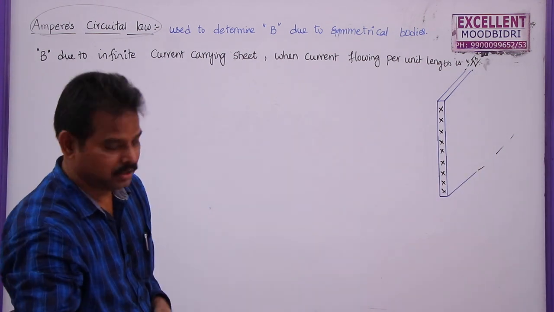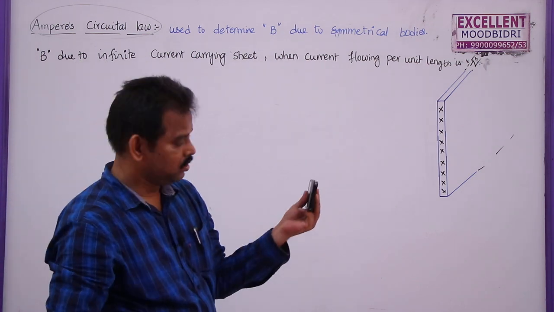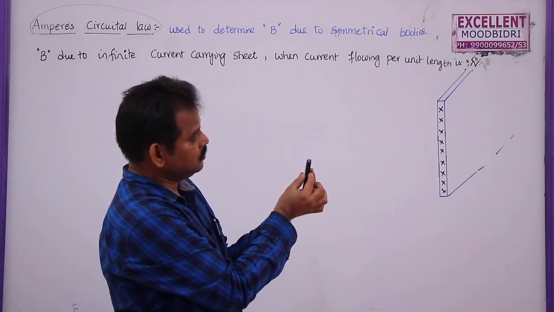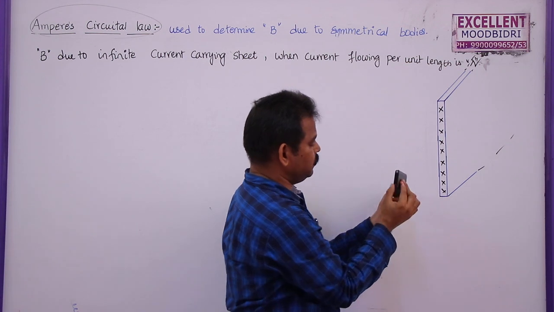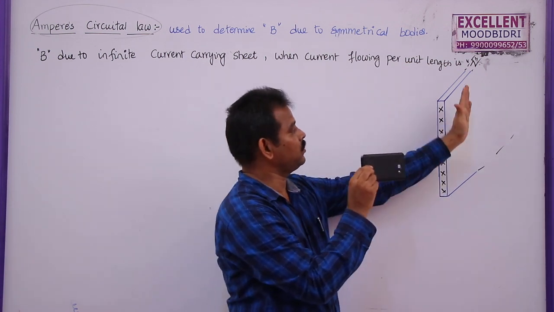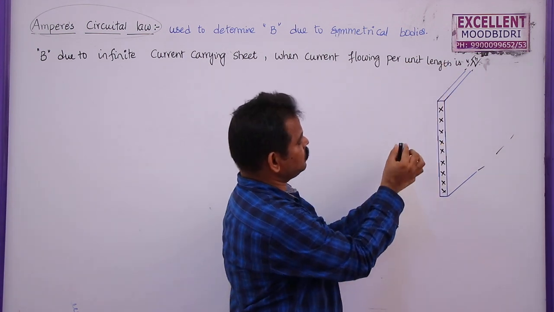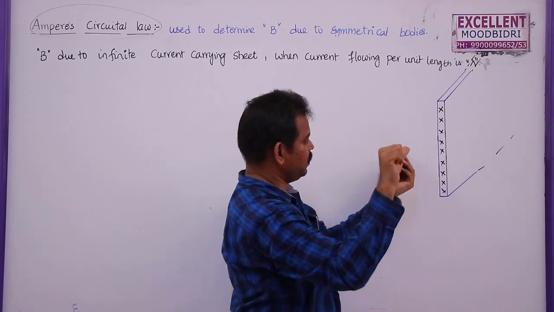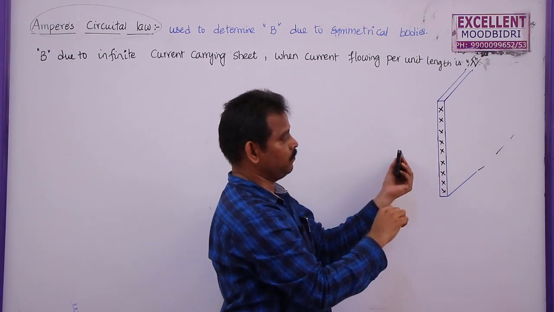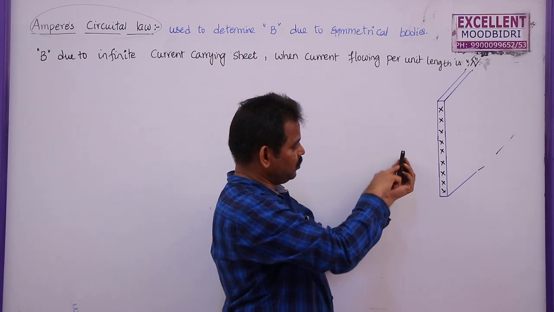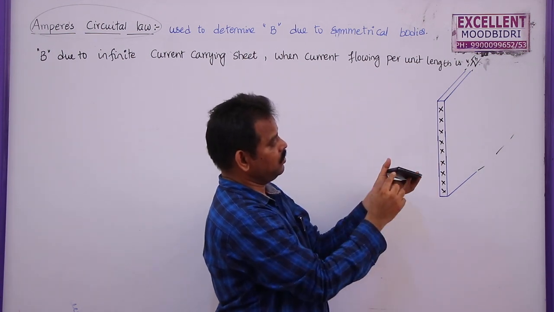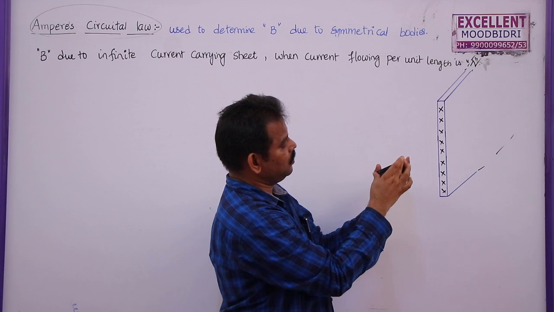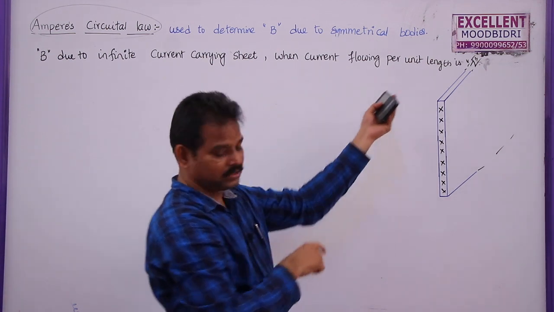It is just like this one, an infinite sheet. Here, this is the thickness of this one and this length is infinite. So the other end is not known. So I am just showing only this portion here and the current is entering here in this direction. Let the width of this one, because this is the length, this is the height, this is the width. The current for unit width is given as lambda.